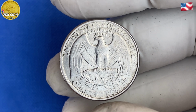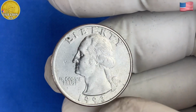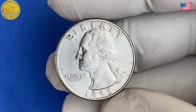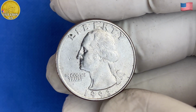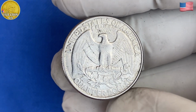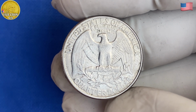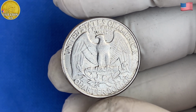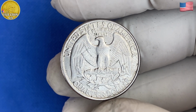Finally, if you're not sure whether your 1993 Washington quarter has value, it's always a good idea to consult a professional coin dealer or numismatist who can give you an accurate assessment of its worth. So, if you've ever wondered if your old quarters could be worth more than just pocket change, the 1993 Washington quarter might be one you'll want to keep an eye on. Whether you find one in your change jar, old coin collection, or even a random spot, it's always worth taking a moment to assess its potential value. Who knows? You could have a coin that's worth $53,000 or more, and you wouldn't even know it until you